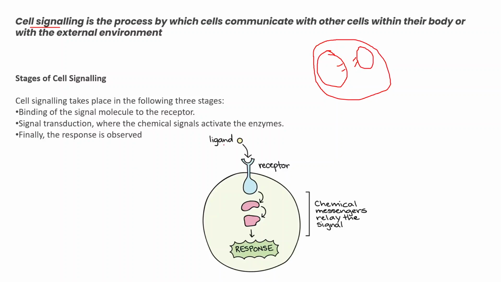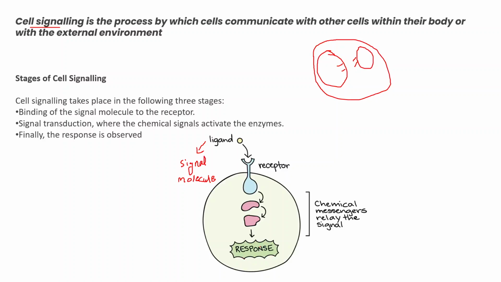The first step of cell signaling is a ligand molecule, which is called the signal molecule. This ligand molecule is also called the signal molecule. This signal molecule will go and bind to a particular kind of receptor, and after binding of ligand to receptor, the second stage is transduction of the particular signal to the